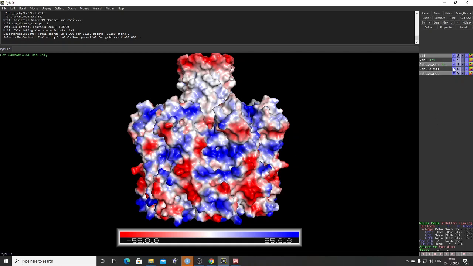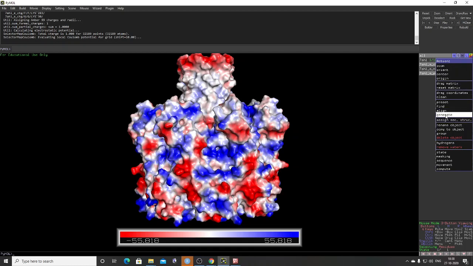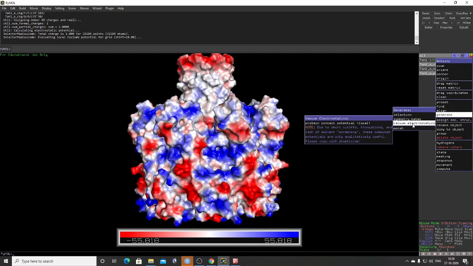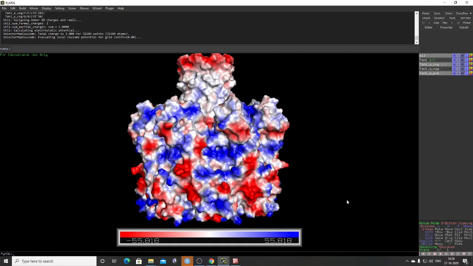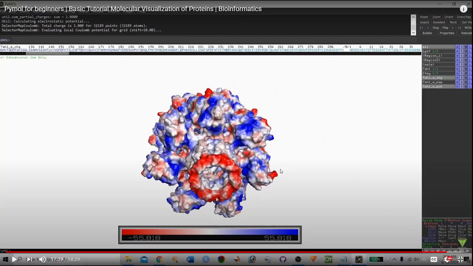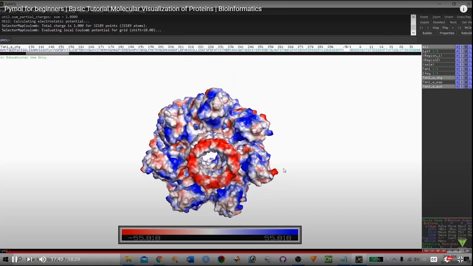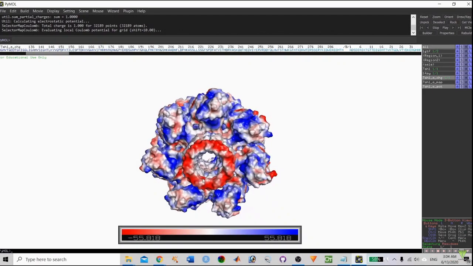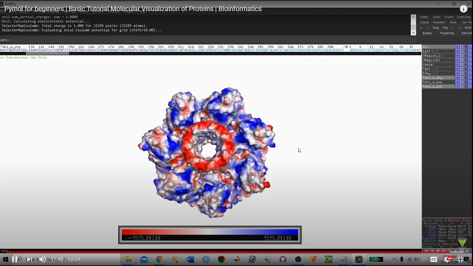So we went to Action, Generate, Vacuum Electrostatic Potential, and Protein Contact Potential. So it gives us the positive amino acids, negative amino acids, and the neutral amino acid protein map, right? The basic amino acids fall under the blue color. The acidic amino acids are in red color, and the remaining color is treated as neutral.